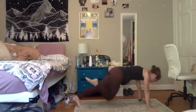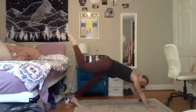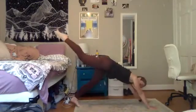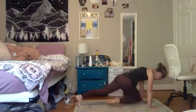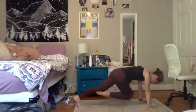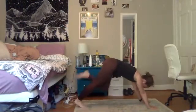We're doing 5. So that was 1. This is 2. Out. 3. 4. This is 5. Good. And then we can bring that right leg down and lift that left leg up towards the sky